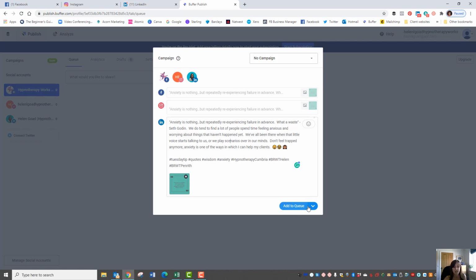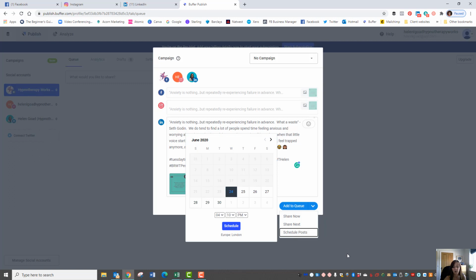Or what you can do, which I tend to do, is click this little arrow. If you just want it to go out straight away, you click share now. Share next would go in that posting schedule you've got. Or what I do is schedule posts, and then you can choose what day and time you want that out. So on Helen's plan, I've got that going out on Tuesday the 7th of July. So if we click that,